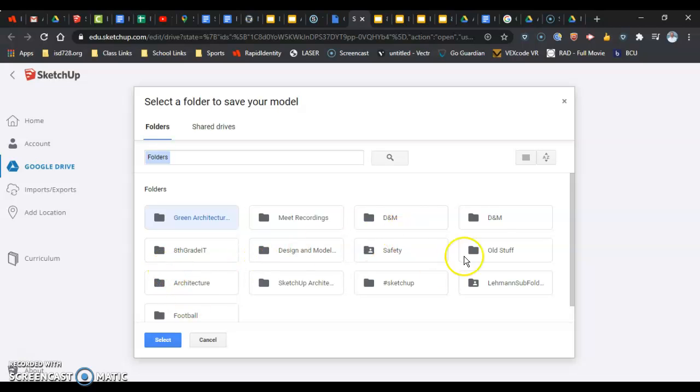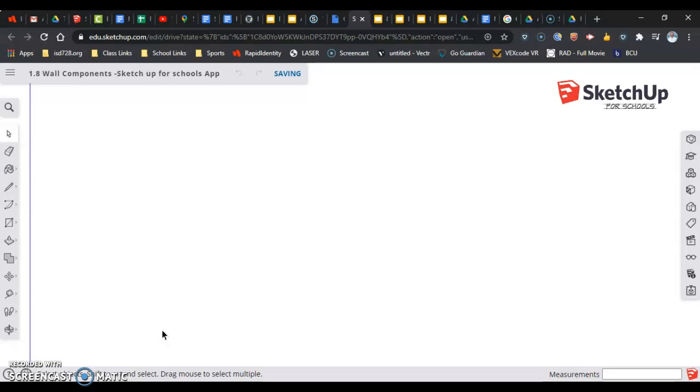All right, I already have some other folders made up. And then I want to hit select down here at the bottom. And once I hit select, you'll notice it named it for me, and now you should also see saved. Now you are ready to go and start doing the videos in Mr. Han's